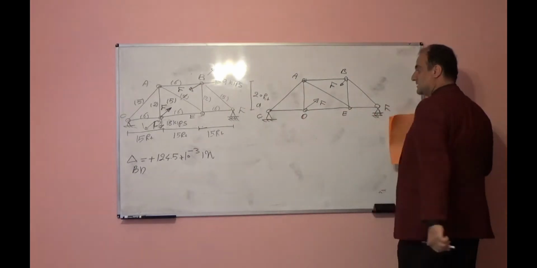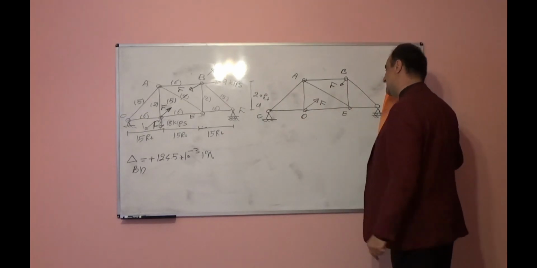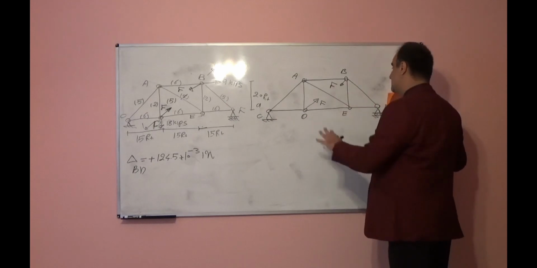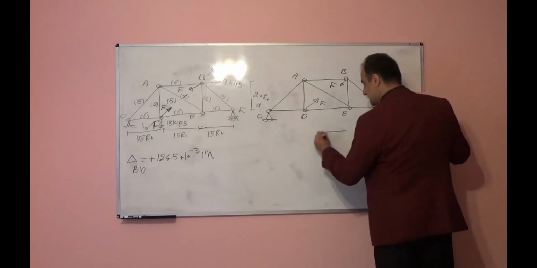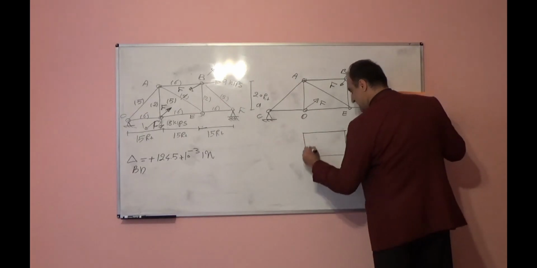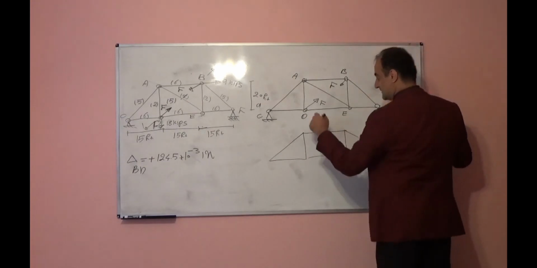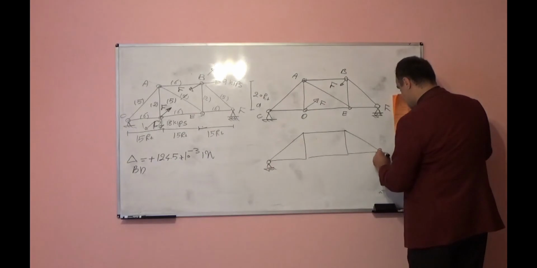We can calculate the relative displacement of B with respect to D again. This time, first we will apply F and F. We will find internal forces for each truss member. Then, at the same truss, because we want to calculate the relative displacement of B with respect to D, at the same truss,